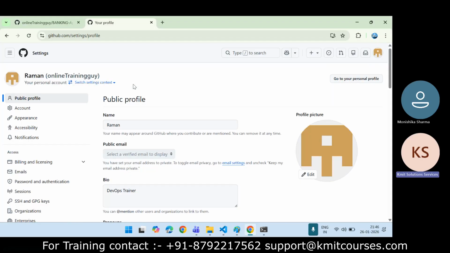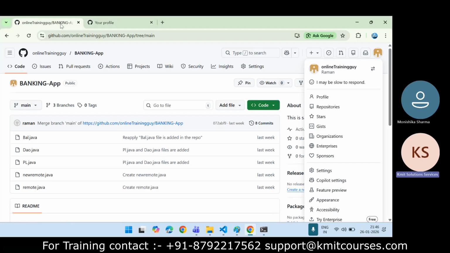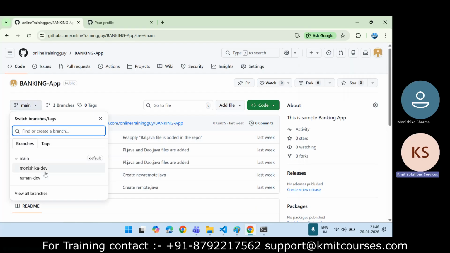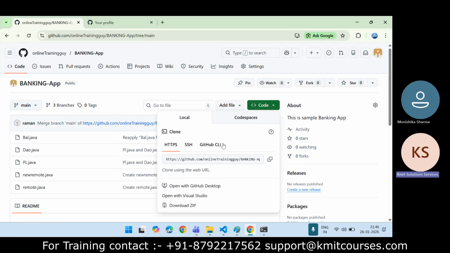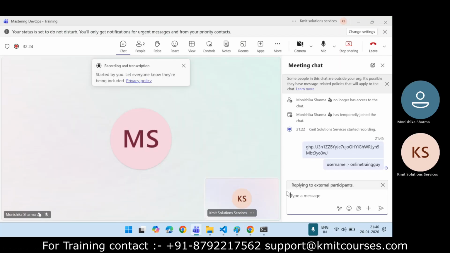Now, there is a command which is called the clone command. You need to clone only the Monishika dev branch. So as a code owner, I will give you that command. I will copy this HTTPS URL, and I will say git clone -b and